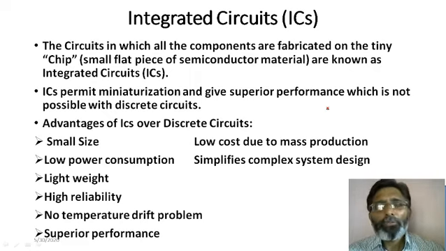So when we think of the entire electronic circuit implemented, where all the four blocks are implemented by using various electronic components, it will become quite a big circuit. Now, when we are practically implementing these circuits, there are two ways to implement. If you use discrete components and connect them together to form the circuit, it is known as a discrete circuit. Or if, in place of using discrete components, you fabricate those components on a single semiconductor chip, a piece of semiconductor material, then such circuits are known as integrated circuits.